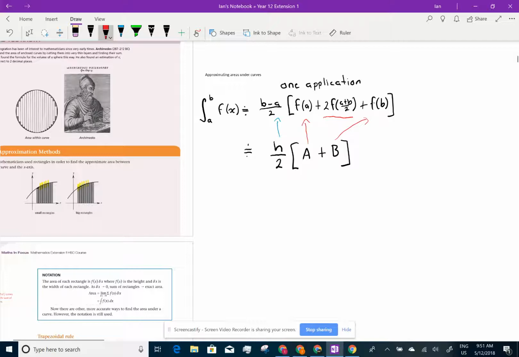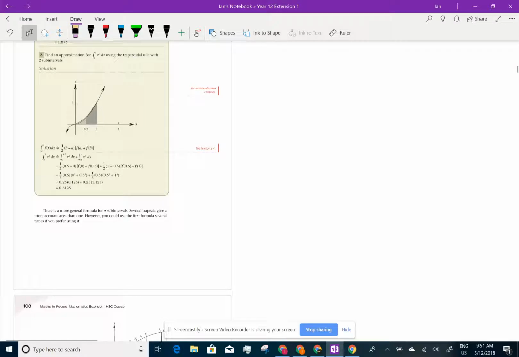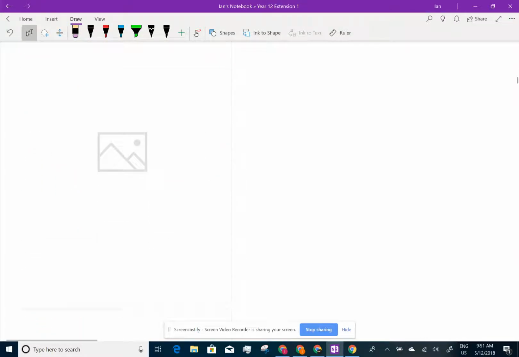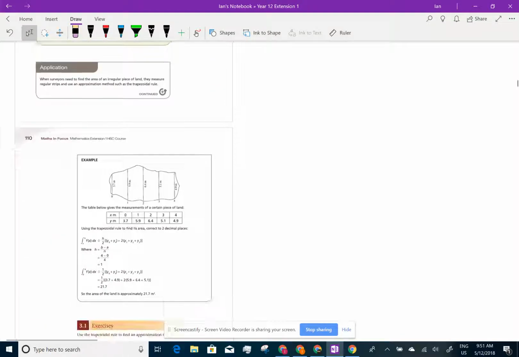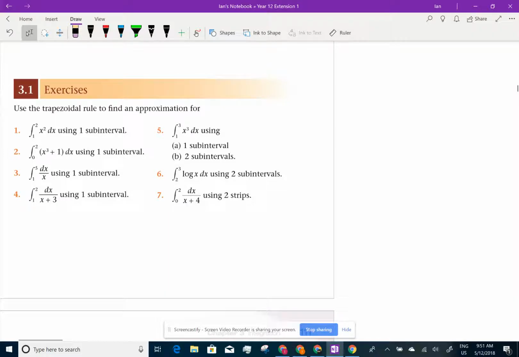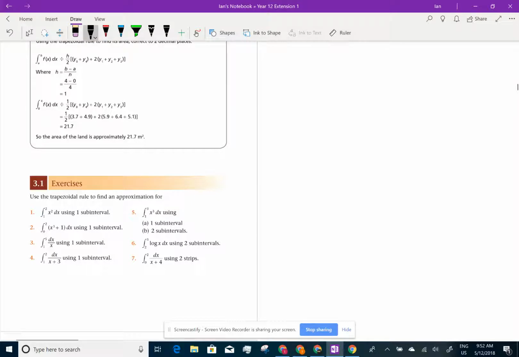So if I go down here, I'm just getting my answers up. So we go down here to the first question. And it's y equals x squared. I'm just waiting for it to come up. So here we go, exercise 3.1. Y equals x squared between 2 and 1. Now my first and foremost thing you must always do, so it's exercise 3.1,